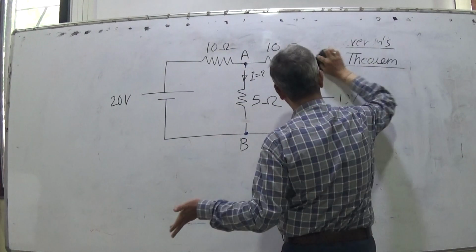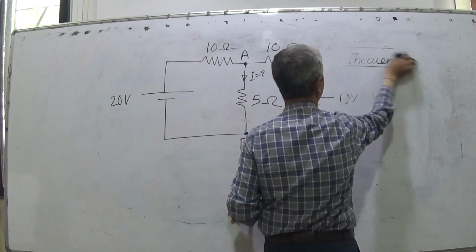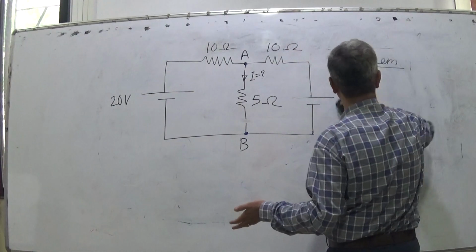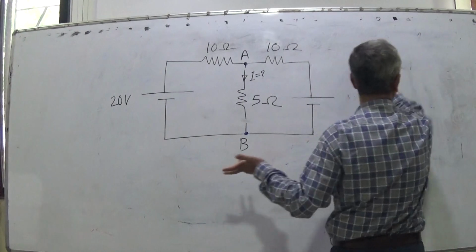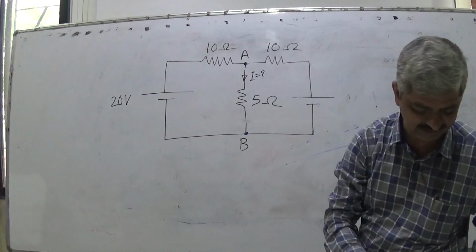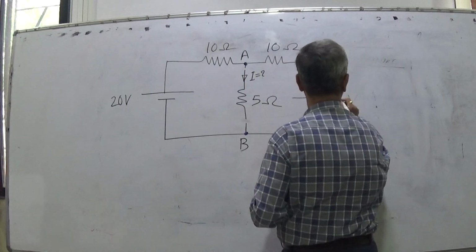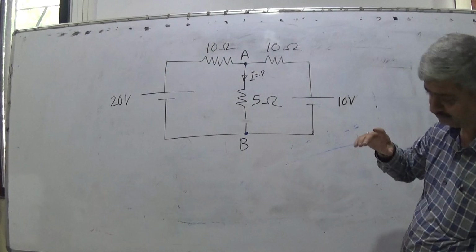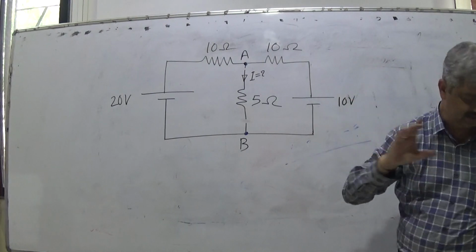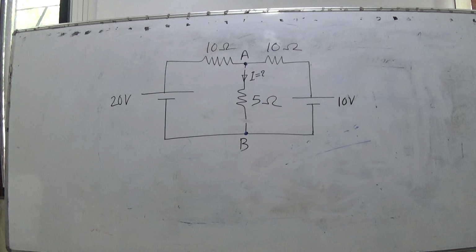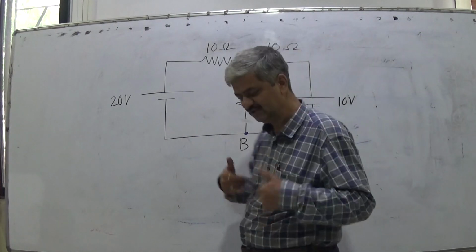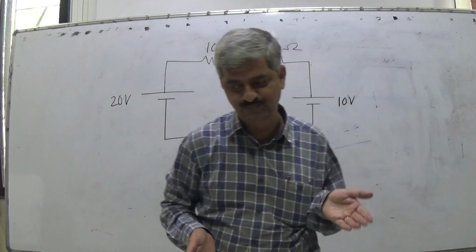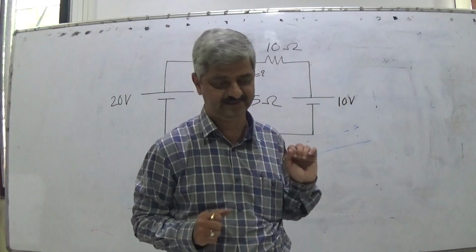Since we are well aware of Ohm's law, when we find the current, the voltage can be that current times the resistance, or when we find the voltage, the current can be that voltage upon resistance. So that the concept is very clear. So a problem is given wherein, in a complex electrical circuit which consists of a substantially large number of voltage sources and resistances, we have to find the current in a given resistance.